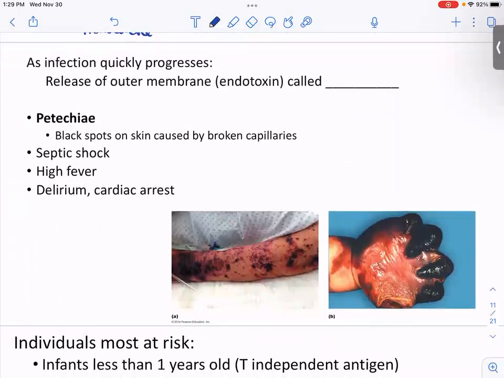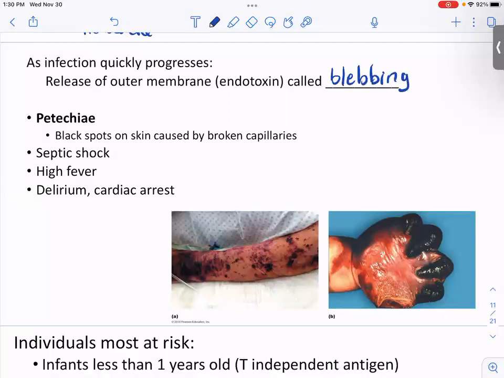As it progresses, this organism actually will start to release its outer membrane. It starts releasing endotoxin. So we've talked about how typically gram-negative organisms don't release that lipid A part of their outer membrane unless they're dividing a little bit, or if they die and that outer membrane starts to break down, the whole cell wall starts to break down. So this organism is really unique. While it's alive, it starts to shed that outer membrane, and we call that process blebbing.